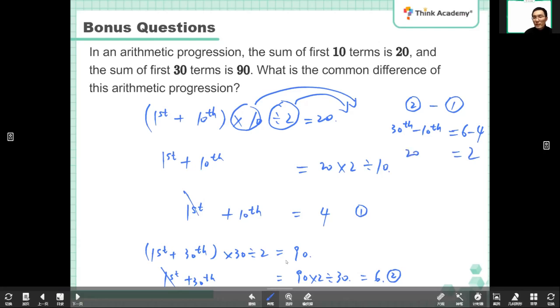And there are 20 common differences between the 30th term and the 10th term, 20D. Okay, and that gives us the common difference, D, equals 2 divided by 20, which is 1 over 10, which is 0.1. So the common difference is 0.1. Then it will be an arithmetic sequence that looks something like this: 1, 1.1, 1.2, 1.3, and so on. Okay, hope this is clear for you. Draw a red line over here. Okay, moving on